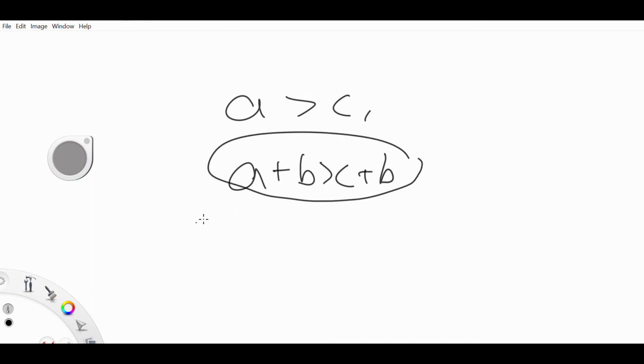So there is a property for solving inequalities by addition. If A is greater than C, then A plus B is greater than C plus B. Whatever you add to either side, it will still hold true. Similar to the way you solve by addition, you can solve by subtraction. So suppose we have A is less than B, then we can do A minus C is less than B minus C, and this will still hold true,